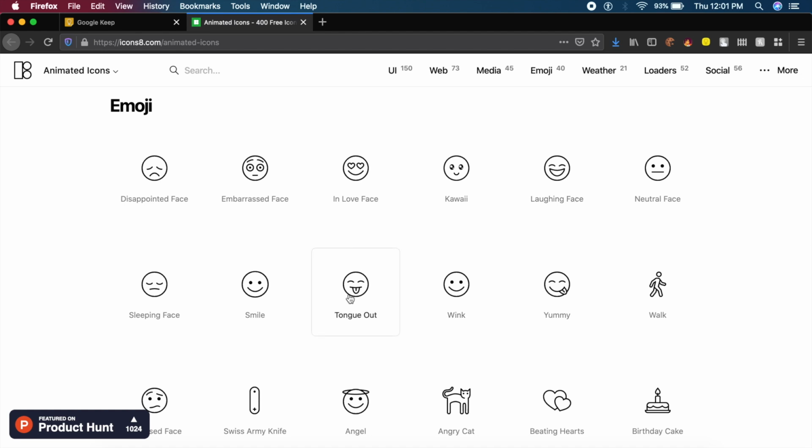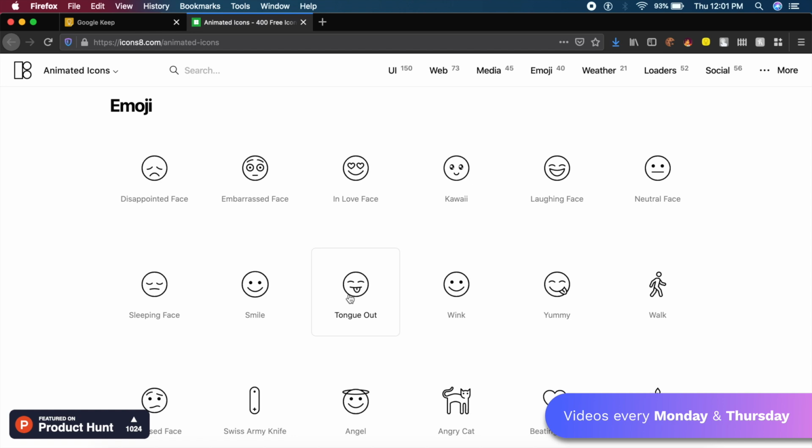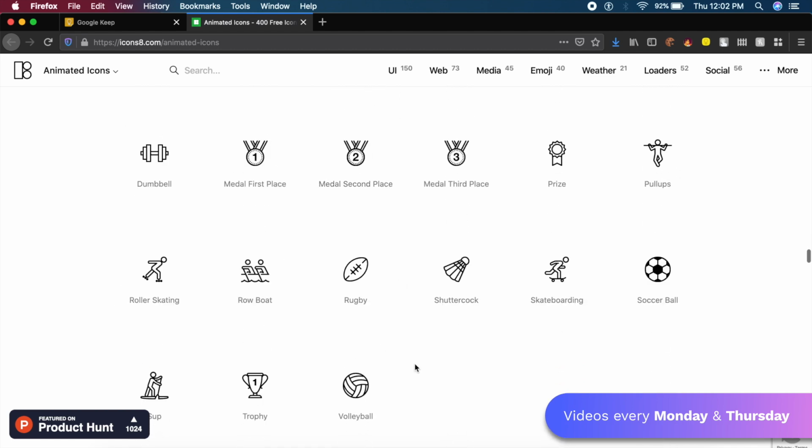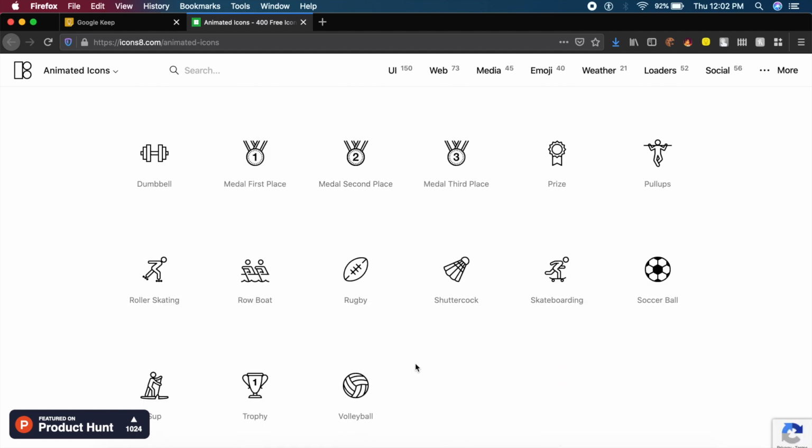They look very smooth and they will work in any project. These are not icons which are fit only for certain designs, but will work with any and every project that you can name. Some of these animations even have a 3D aspect to it. For example, there is this rugby ball. If I click over this, see how this rugby actually rotates in a 3D space.